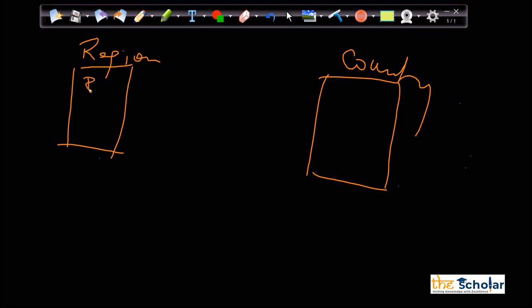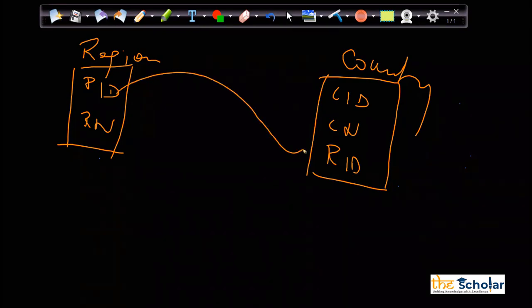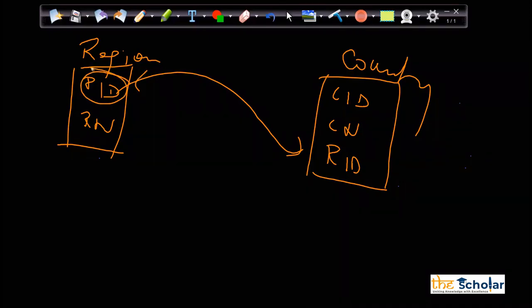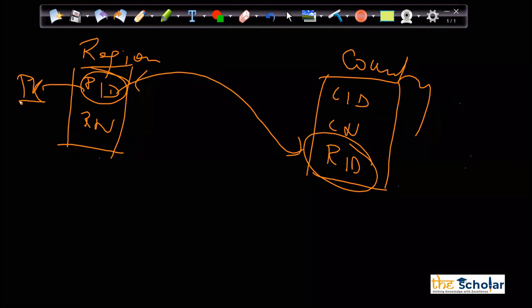Here I have a region ID and a region name. Here I have a country ID, country name, and region ID. And I want to connect this table with this table, where this is related with this. So how will I make this relation, right? Here I have region ID as a primary key. Now what I actually want is that my data should not get corrupt.